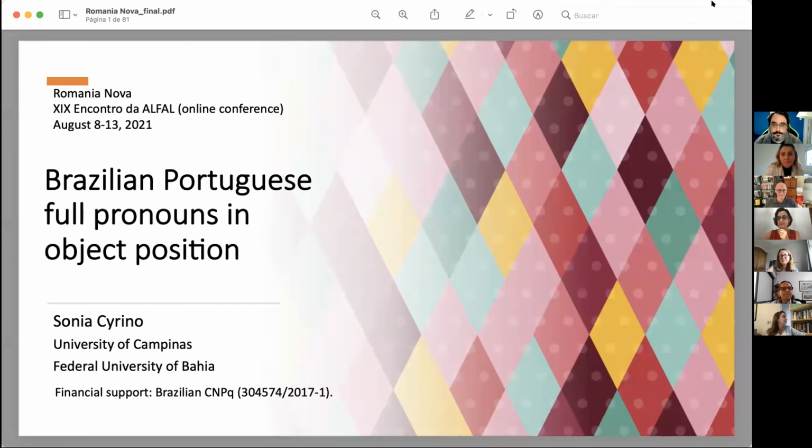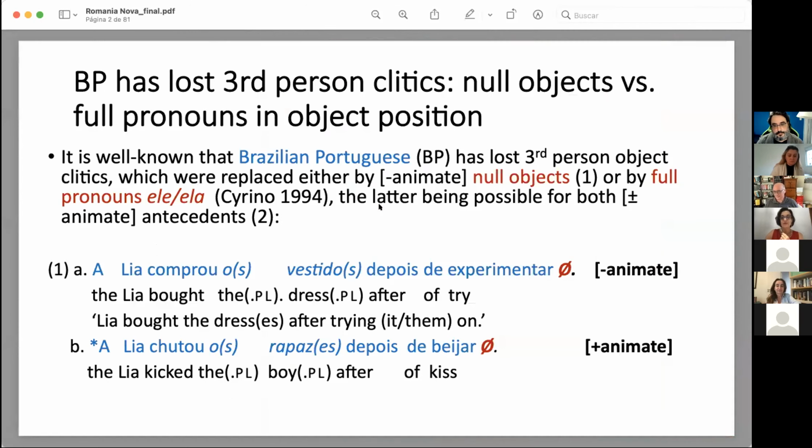Okay, so I'm not going to talk about null objects today, but about something that I've been trying to start to think about, which is the full pronoun in object position. And it was nice to have Paco and Samara's presentation before, because I also touch upon this problem of strict and sloppy readings. But of course, we know that Brazilian Portuguese has lost third-person clitics, and then we have null objects or full pronouns in object